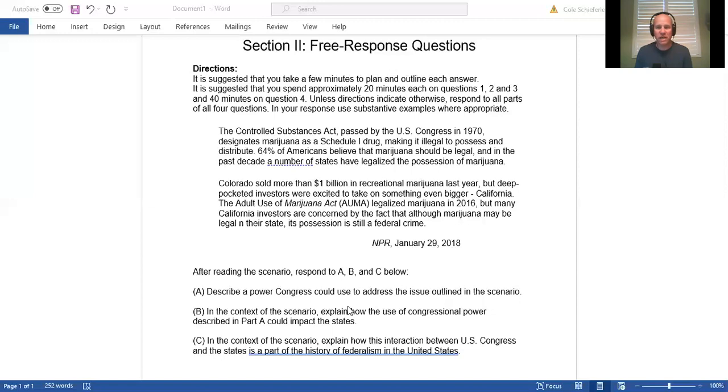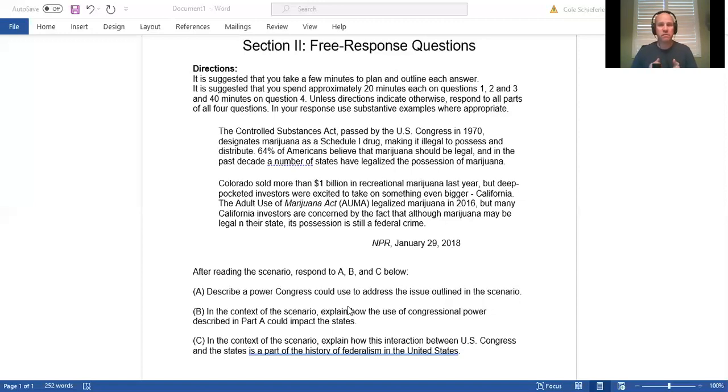And we would be showing that this case is showing the history of conflict between people that wanted more state power or more federal power. You could even go on and bring in grants if you wanted to, categorical grants and block grants, whereas Federalists would be in favor of categorical grants, and then we would have to define what categorical grants are. Categorical grants are money given from the federal government to the state government for a very specific narrow purpose, and they expand the power of the federal government over state governments.